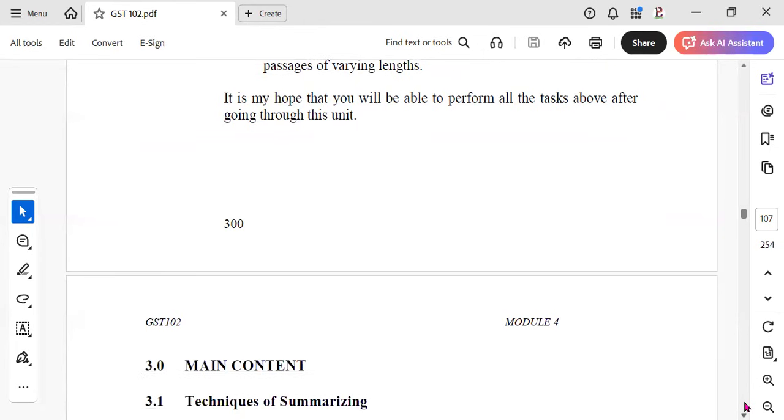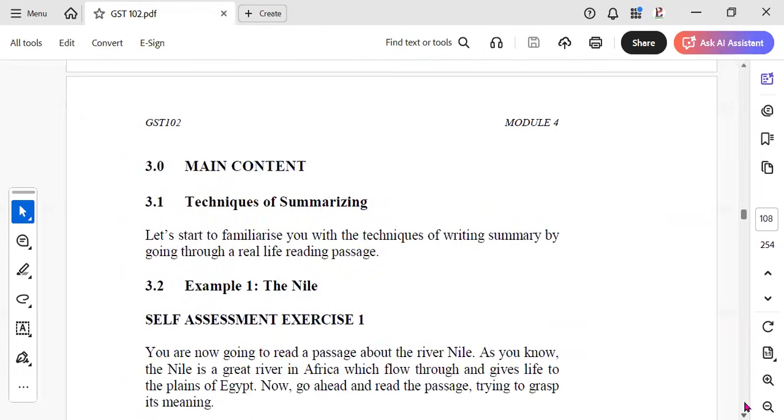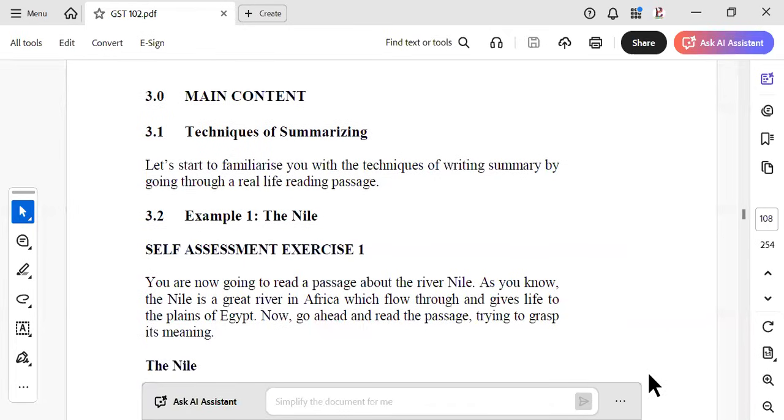We hope that this class will expose you to how to summarize, and at the end of this class, you will start writing summaries. When you attend a class, you will learn how to write or note down only the important things that the speaker is saying, not just everything the speaker is saying.